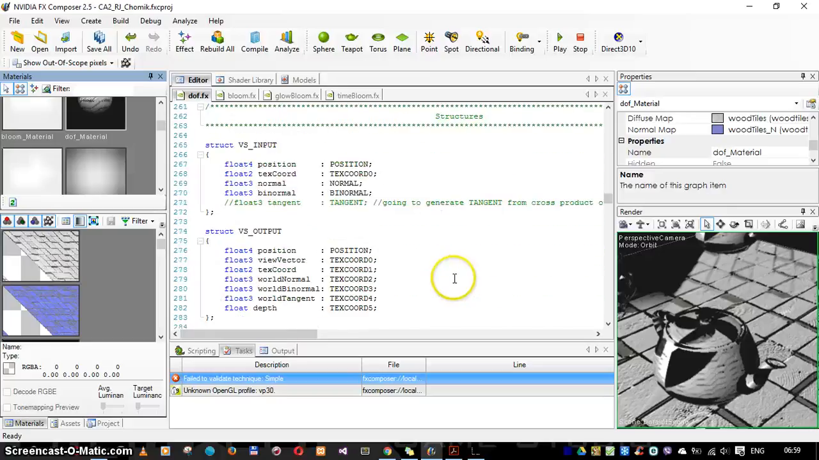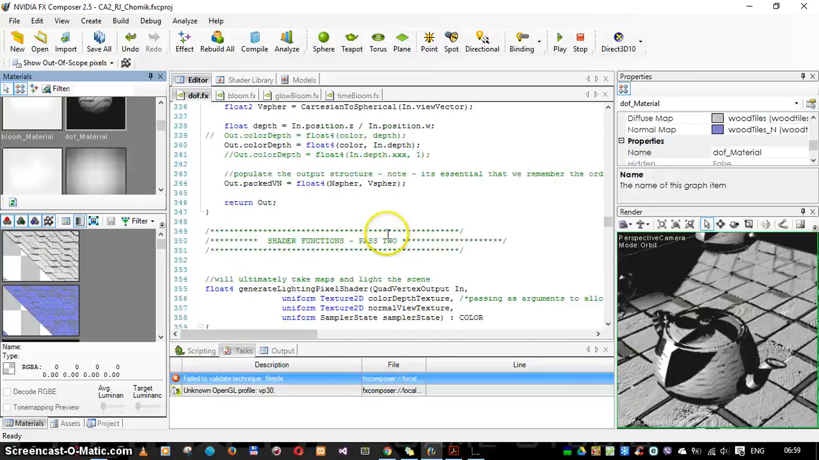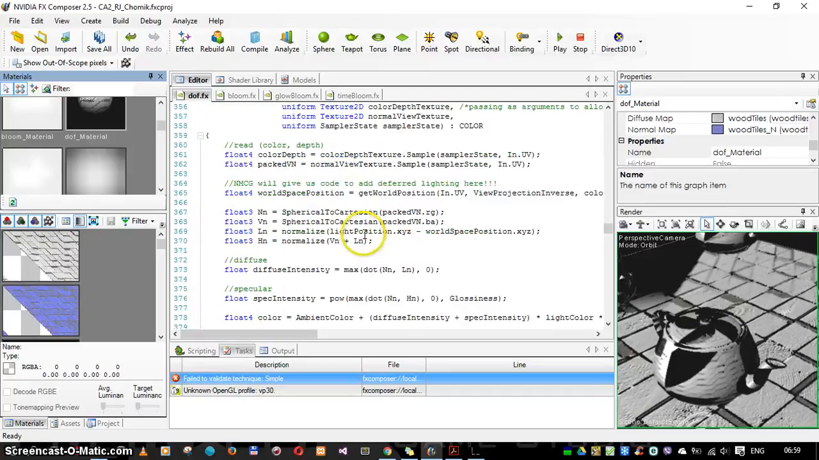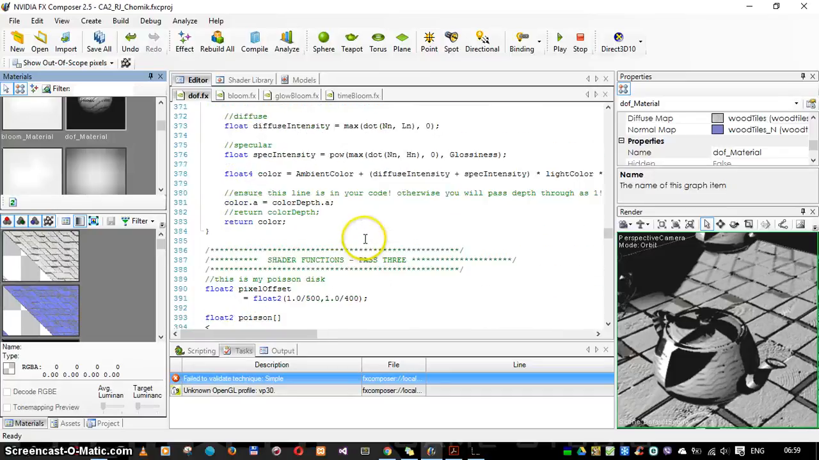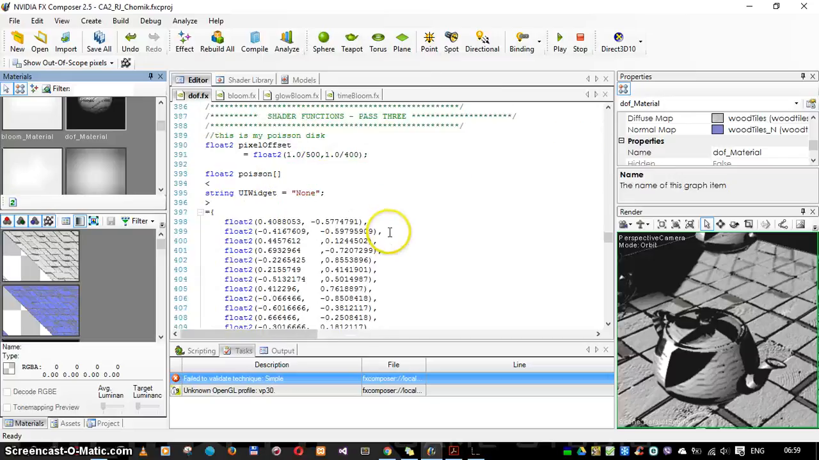So firstly, in pass 1, we just create the scene. In pass 2, we light this scene. That's code you actually gave us in the class. So then in pass 3, I have pixel offset,